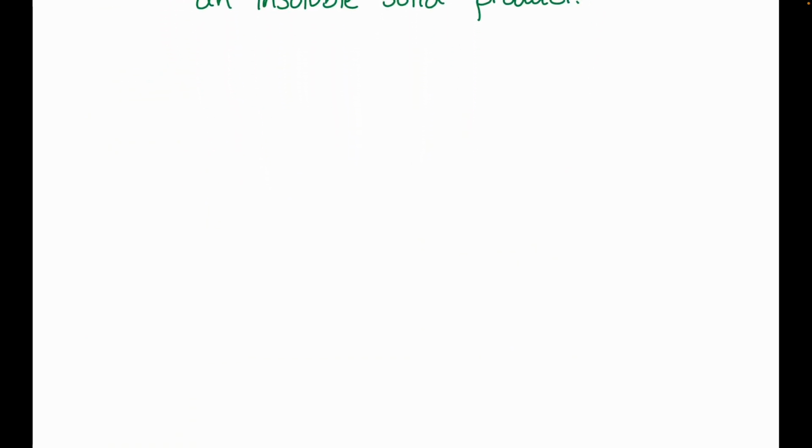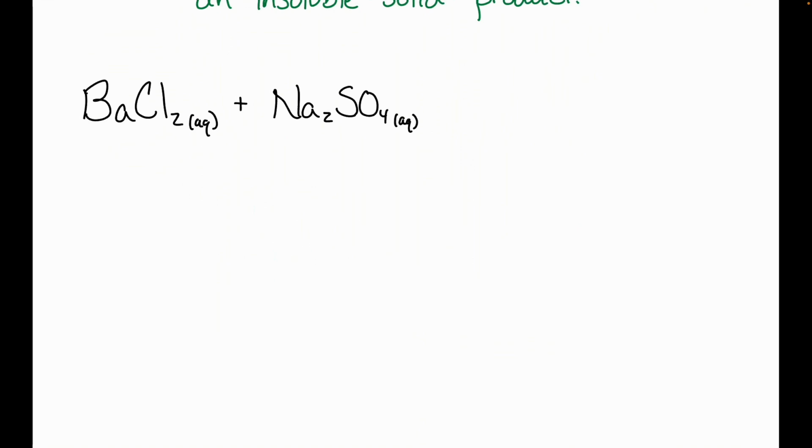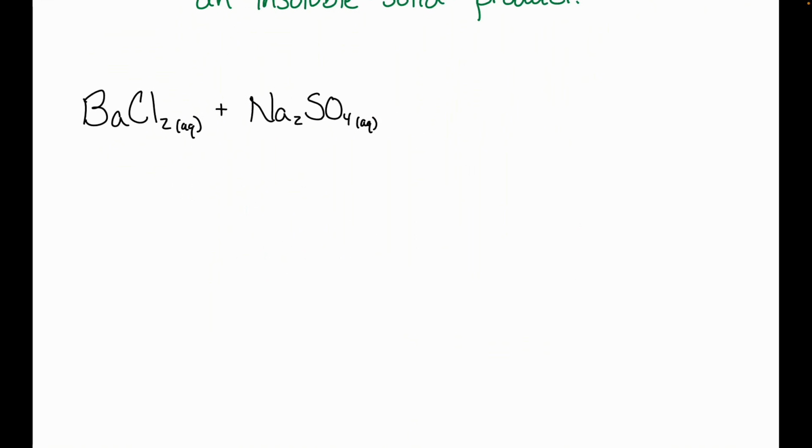We're going to take barium chloride, a solution of barium chloride, and we're going to mix it with sodium sulfate. Okay, so we need to be able to predict the products of this reaction here based on the fact that it's a double displacement reaction. All right, so step one,